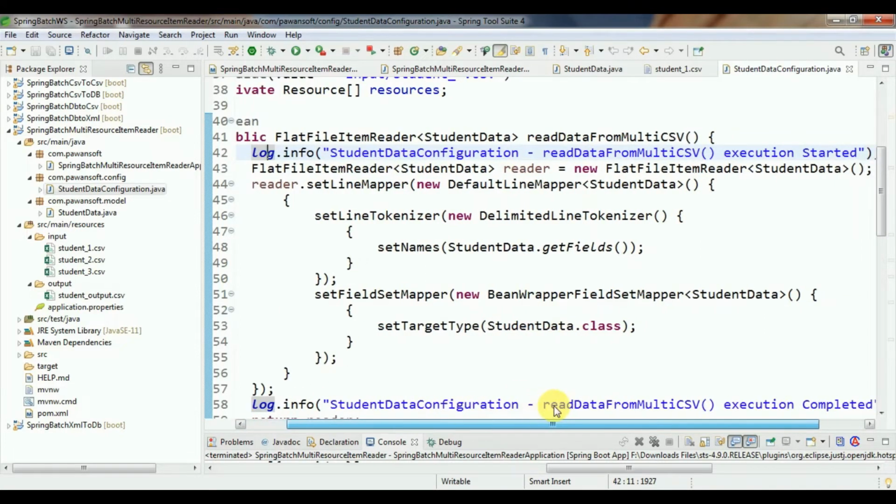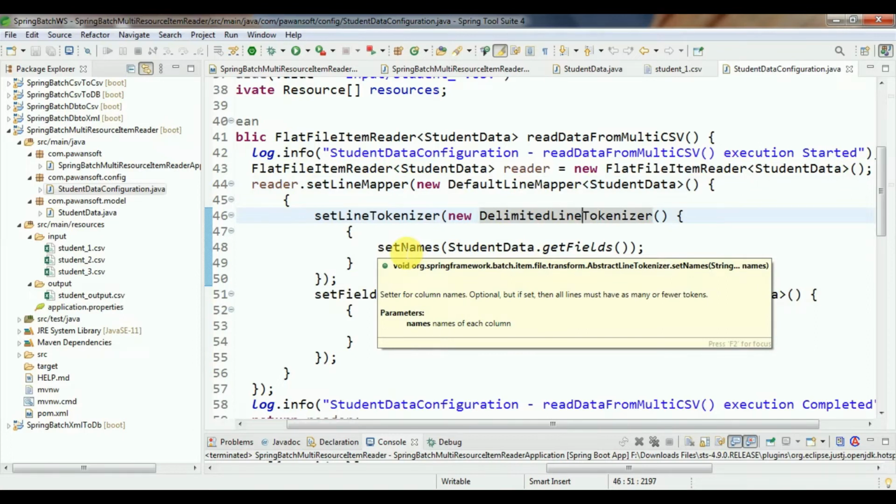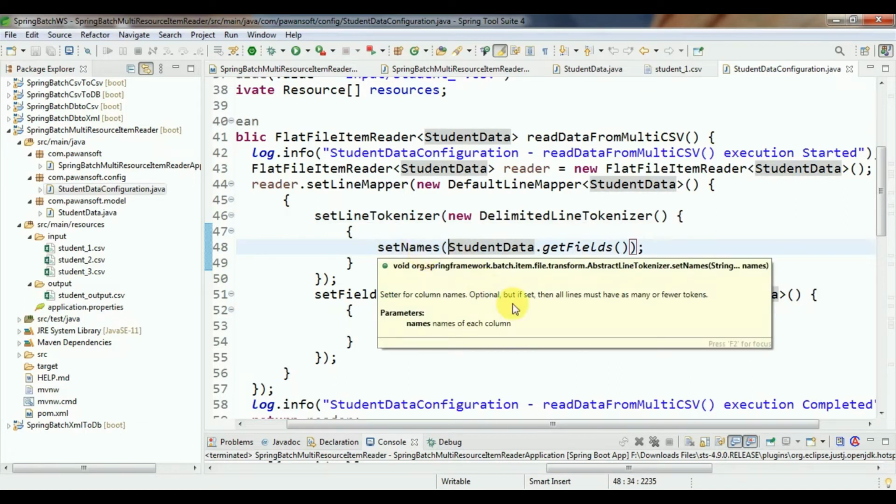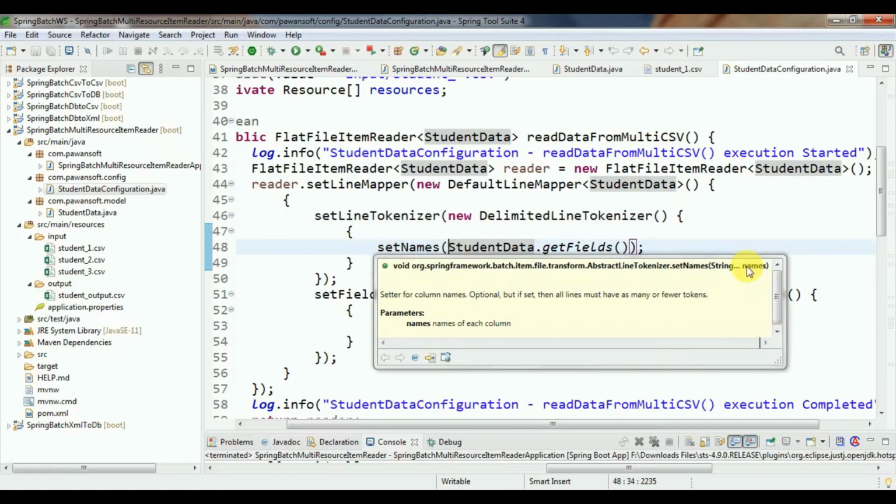Then create the FlatFileItemReader object: FlatFileItemReader is equal to new FlatFileItemReader of type StudentData. reader.setLineMapper with DefaultLineMapper. Inside the DefaultLineMapper you have to set the line tokenizer, a DelimitedLineTokenizer, and in the line tokenizer you have to set the names of array type. So names takes a string array argument.